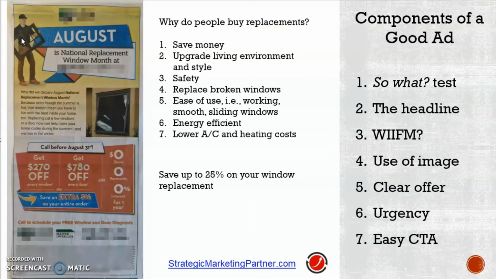Okay, one of our favorite things to do here at Your Strategic Marketing Partner is to review ads. Absolutely love it because we can learn an awful lot from both good and bad ads. And you know, there's a lot of bad ones out there. Actually, in fact, the majority of them are very poor, which is really good for you because when you write